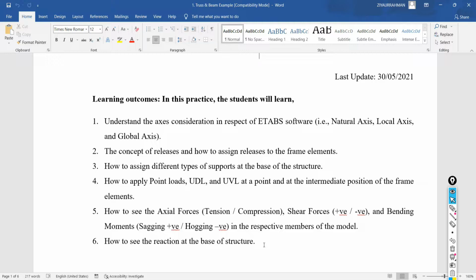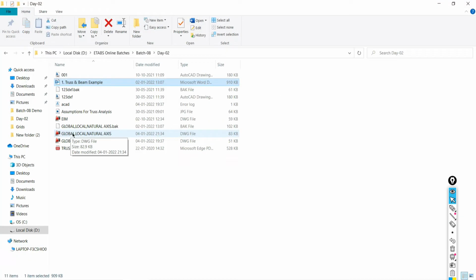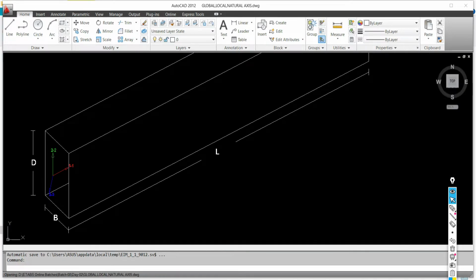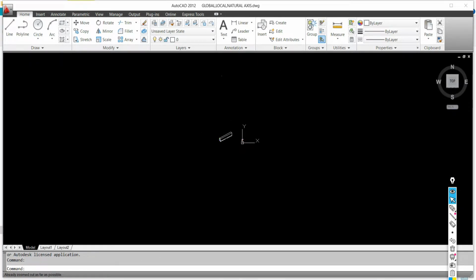What are the different types of movements, how to see those movements in the software, and how to see the reaction at the base of the structure. So many things we are going to learn along with this exercise. So you all are ready? So first of all,